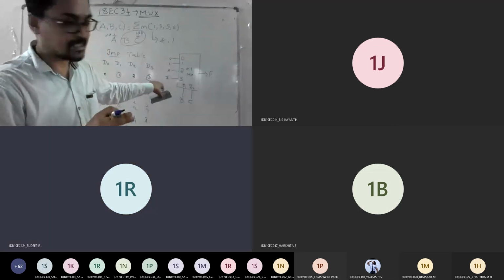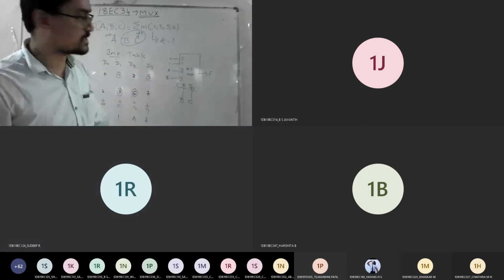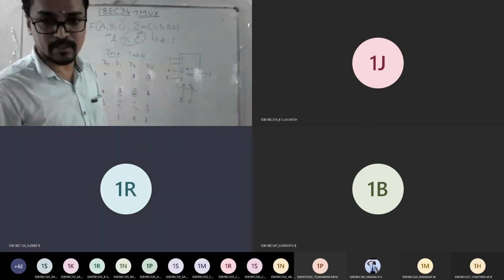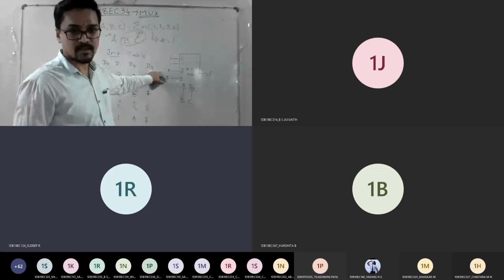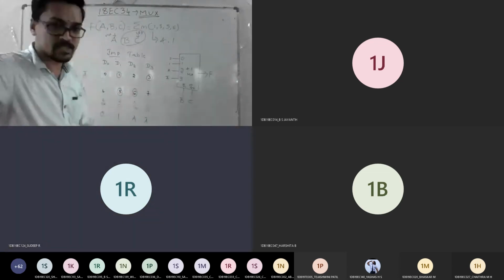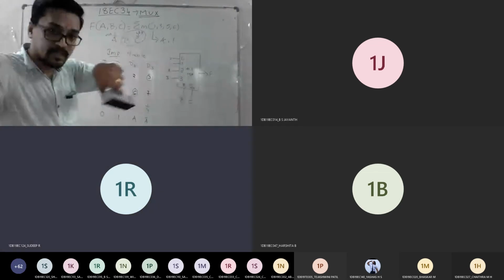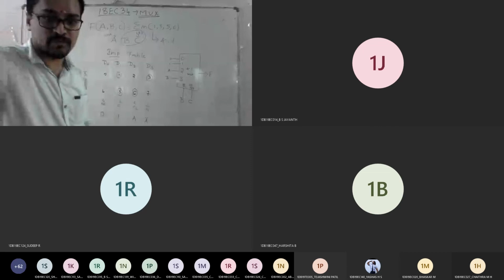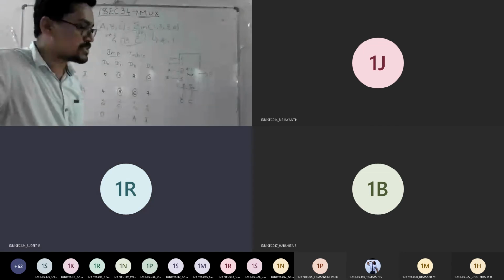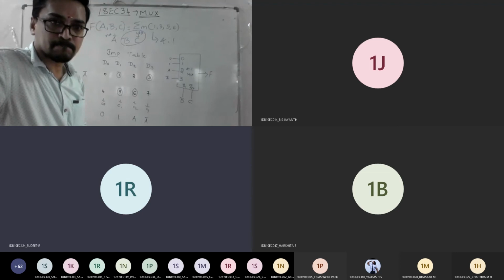But think practically. If I say 0, it means I am providing 0 input. If I say 1, I am providing logical 1 input. If I say A, A is given, and A bar is given as an input. So any doubts, anyone, with how to implement the function using a 4:1 multiplexer? Have you understood this? Yes or no? Is it fine to everyone? So shall I give one problem we'll solve now?